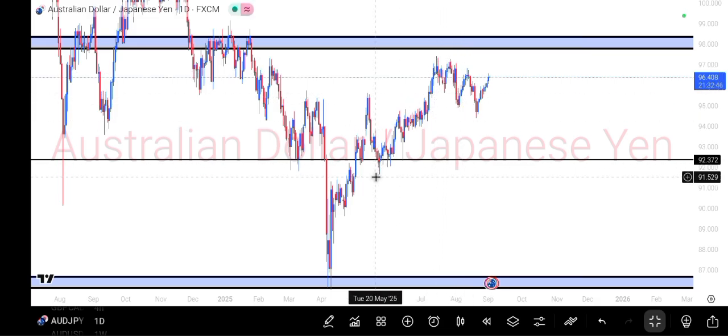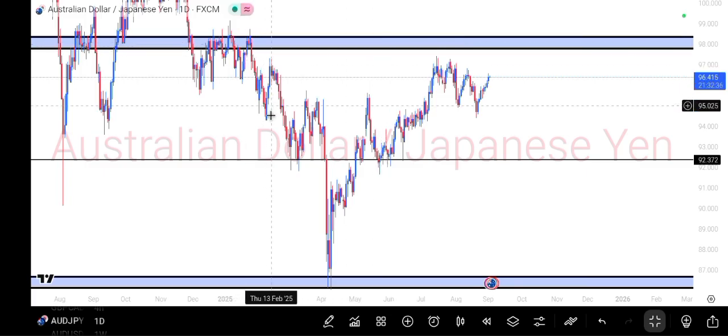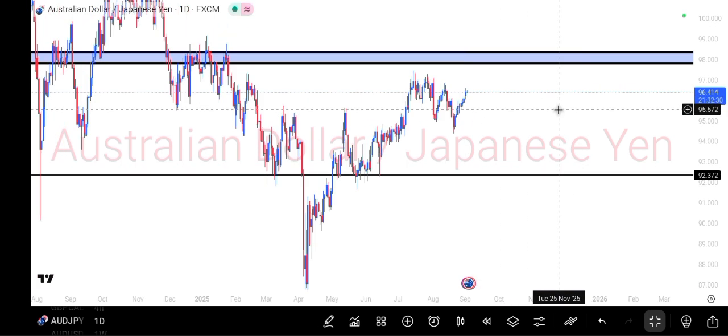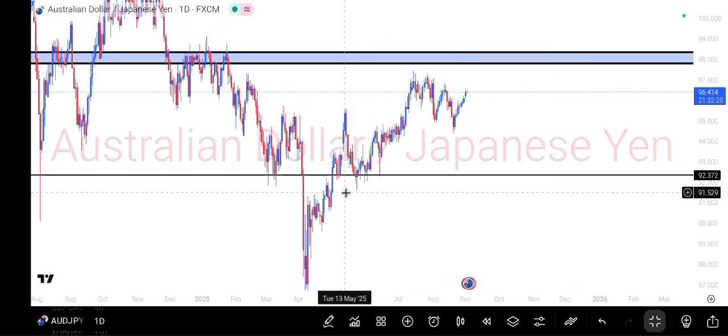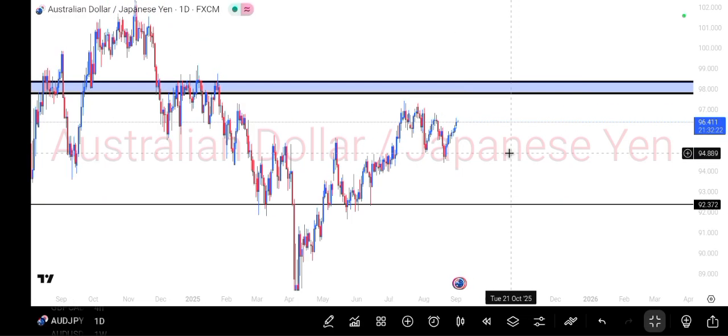For an uptrend, you draw your fib from the recent low to the recent high. But if it is a downtrend, you draw your fib from the recent high to the recent low. That's for downtrend, but for uptrend, recent low to recent high. So just get that in mind. So since this is the recent low that triggered this move that is now forming this retracement, what you do,